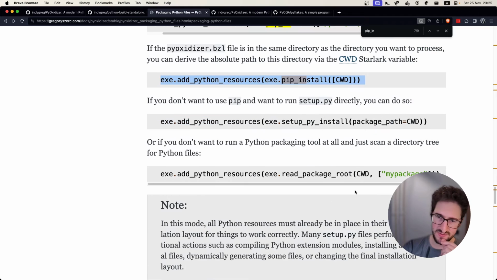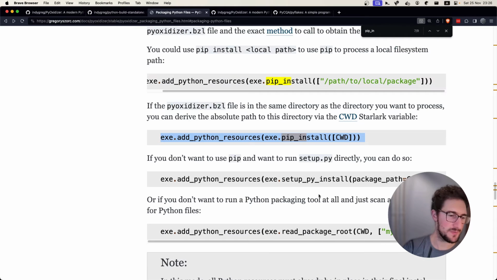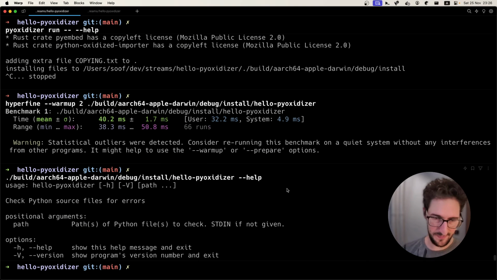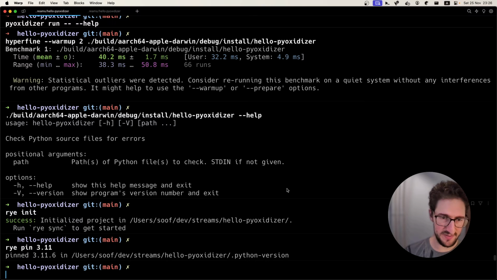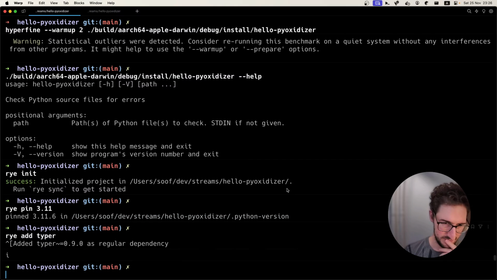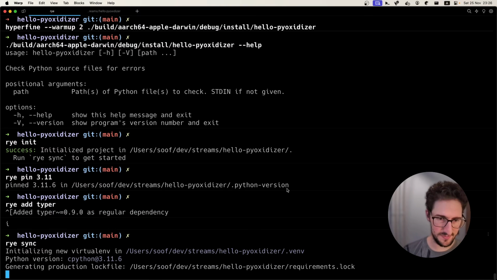And then we can bootstrap our package with whatever build system we want. It could be Poetry, it could be Rye, it could be Hatchling, or, I forgot the names of others, like setuptools. Basically, any build system that you want, and it would just work. Maybe. Let's actually test that. So let's rye init within this project, and rye pin 3.11, and rye add hyper, rye sync,